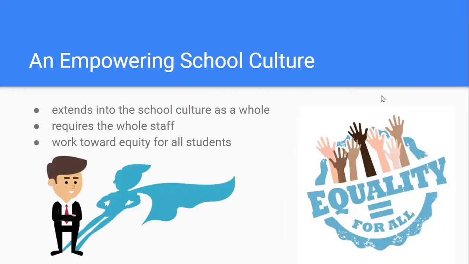All right, so the next dimension is an empowering school culture. An empowering school culture seeks to transform the school system by providing ways in which students of different ethnic backgrounds can feel empowered. This may be through changing school policies that may be harmful to certain ethnic groups, changing the faculty to be more diverse, or simply valuing and cherishing all cultures. All staff must be seeking to empower all students of different cultures and must try to right the wrongs of injustice within the school system. The primary goal of an empowering school culture is to work towards equity for all students.